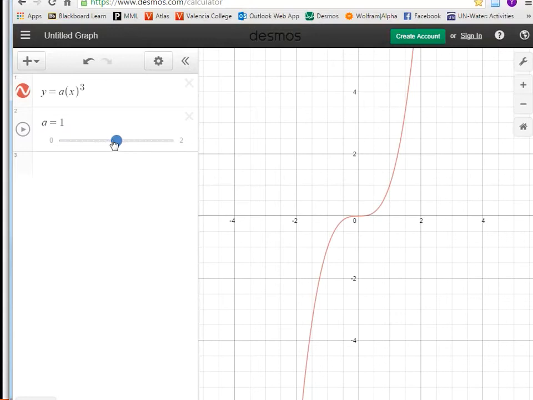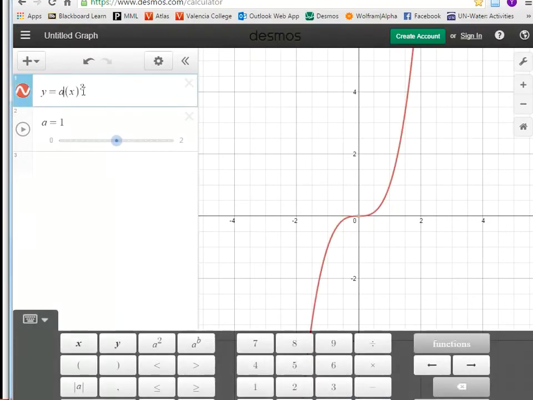When I make the number fractional, it compresses. So the graph moves down. It compresses towards the x-axis. And you can see the graph compressing. Okay? Now, what I'm going to do then, I'm going to take that multiplying number and I'm going to put